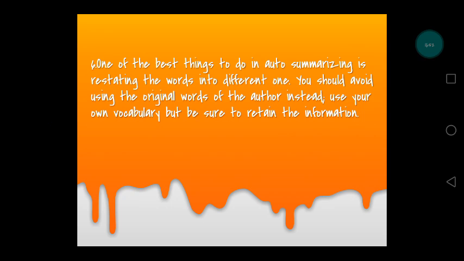Okay, next. Number 6. One of the best things to do in summarizing is restating the words into different ones. So, you should avoid using the original words of the author. Instead, use your own vocabulary, but be sure to retain the information. Okay, so sa madaling salita,